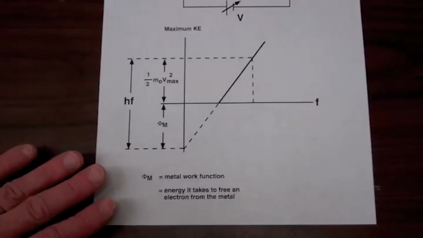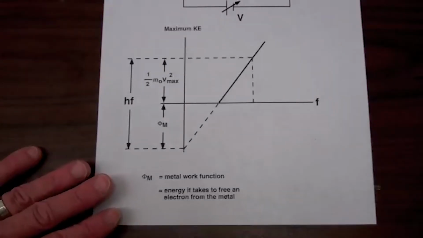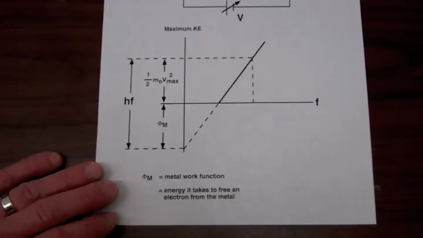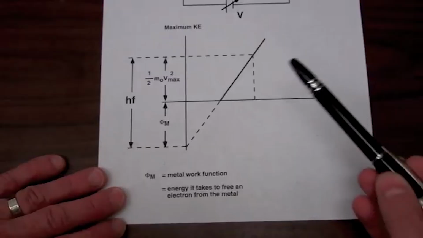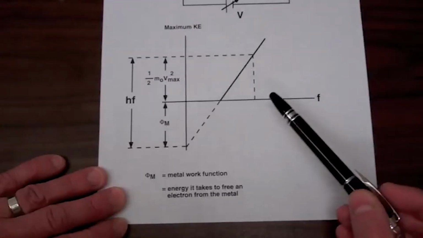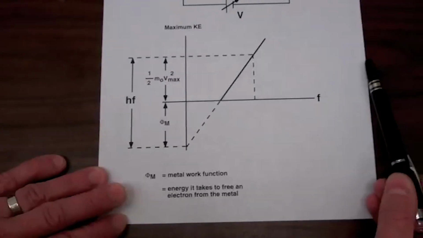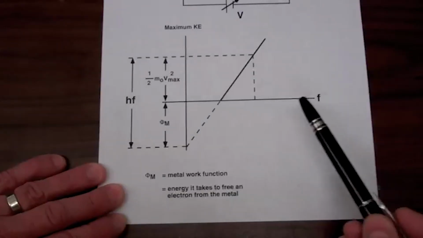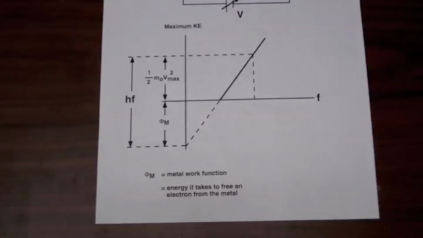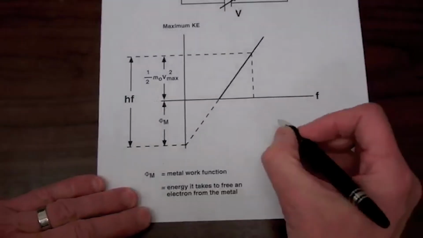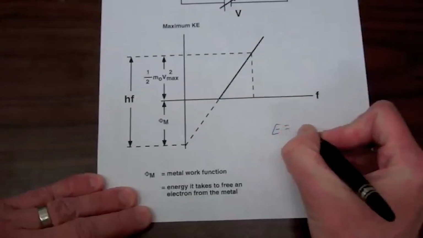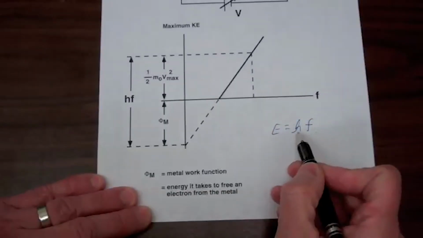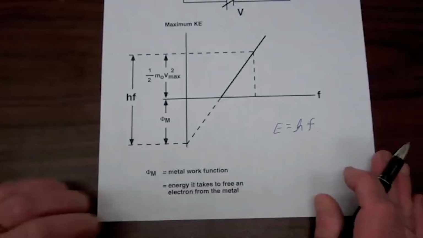The photoelectric effect required a new non-classical explanation, and Einstein provided this explanation. He said that the energy in a beam of light is quantized, and the size of that quantum depended on the frequency. So in other words, the size of the energy quantum in a beam of light was equal to h times f, where h was our Planck's constant and f is the frequency of the light.